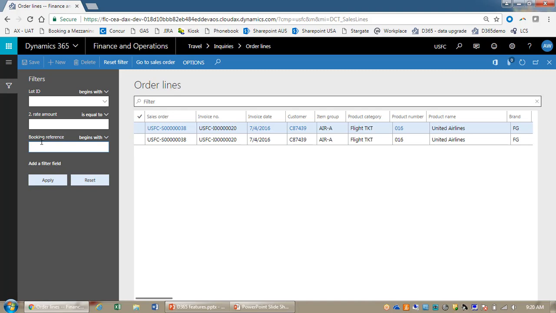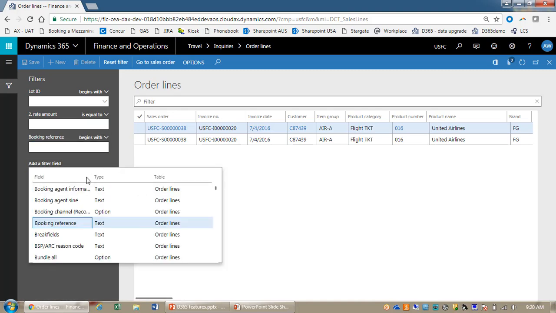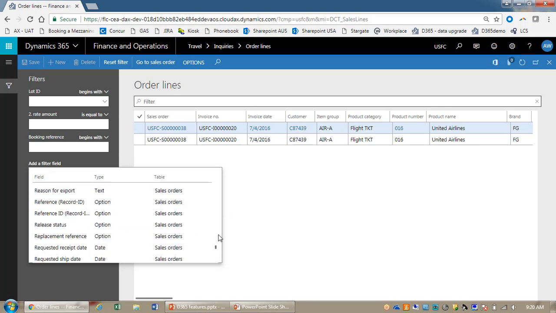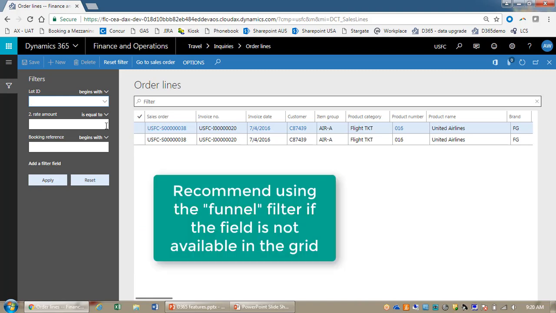Because this isn't the greatest set up, like you've got to add it, you've got to scroll. I haven't found the way to actually type in here. You have to scroll. If I needed to search by ticket number, I can't do it. I'm typing here and nothing's happening. So this isn't great. I would use this if I want to filter on something that's not in my grid,